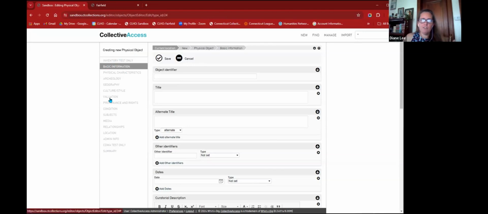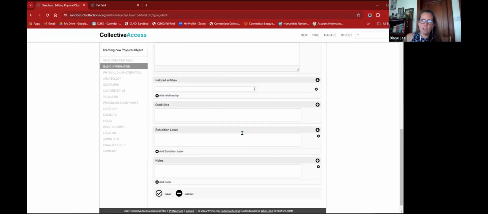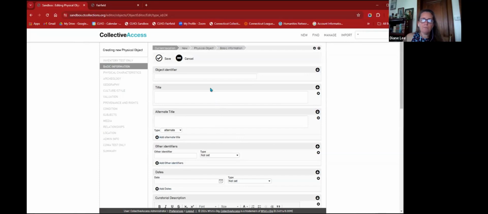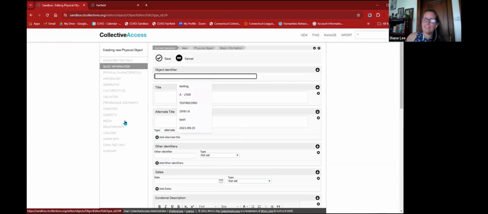It'll give you some information here on the left-hand side, and it'll start off with basic information, and all the rest of it's grayed out. And all of these fields are available over on the right-hand side, and you can scroll up and down those. You will not be able to click onto anything from over here until you put information here and save the record. So we're going to make this mug